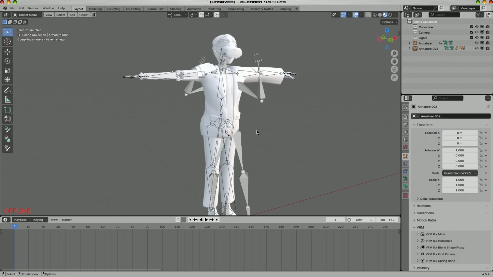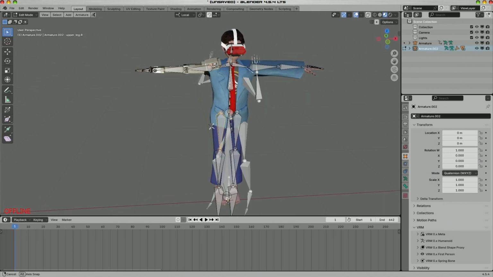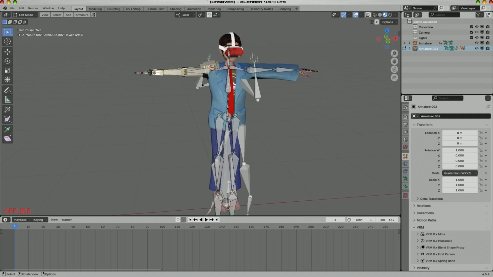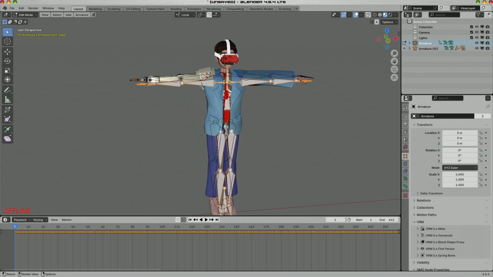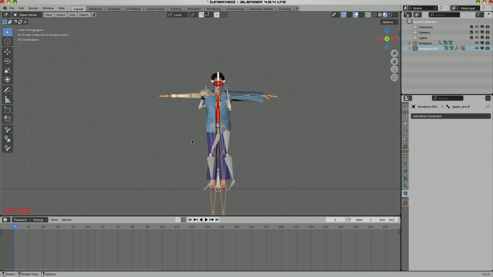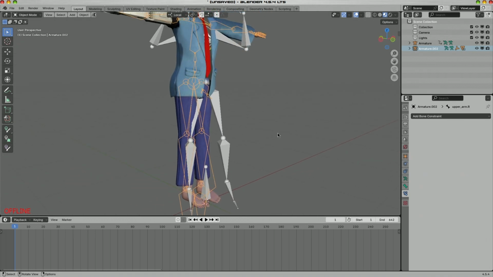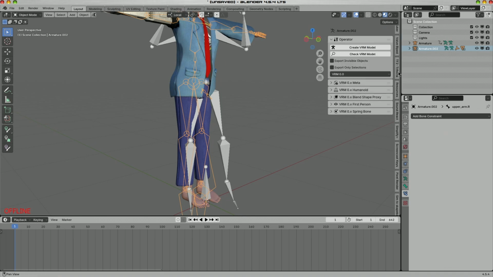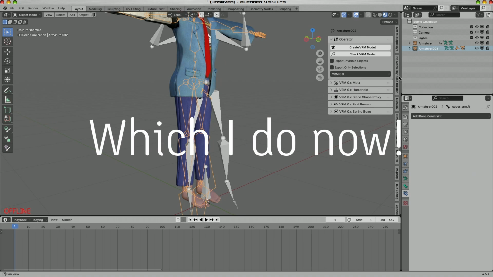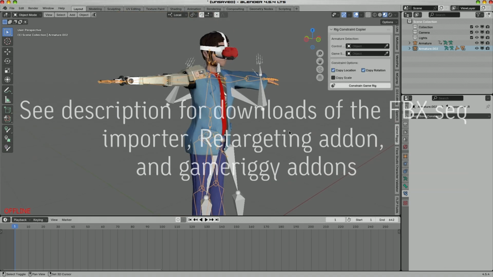Here's my character. And if I am correct, my character should have the same exact bone names as the other one. So this bone is the same, upper arm. And this bone is the same, upper arm. So I have an add-on for rigging or animating game rigs. But this could work in the same way once I have a proper retargeting add-on. I'm planning on making a proper retargeting add-on, and I will add that to this video once I have made it, but